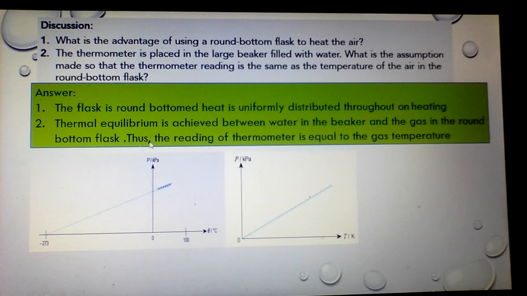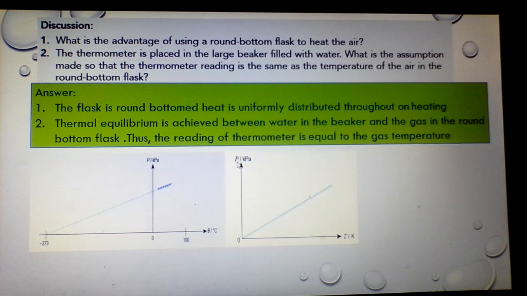This is our assumption. Okay, if we plot a graph of the pressure against temperature in degrees Celsius, you can see the points all distributed this way. So the shape of the line will show that P increases linearly with theta in degrees Celsius. What we do, we extend the line, extrapolate the line until pressure is 0. When pressure is 0 means the molecules become static or stationary. So at this point we call it 0 Kelvin or absolute 0 temperature. So that's why negative 273 degrees Celsius actually is equivalent to 0 Kelvin.